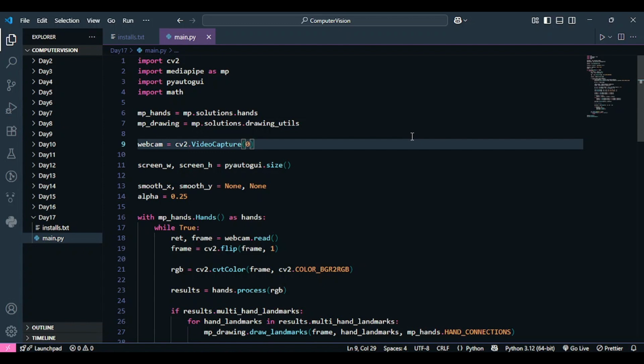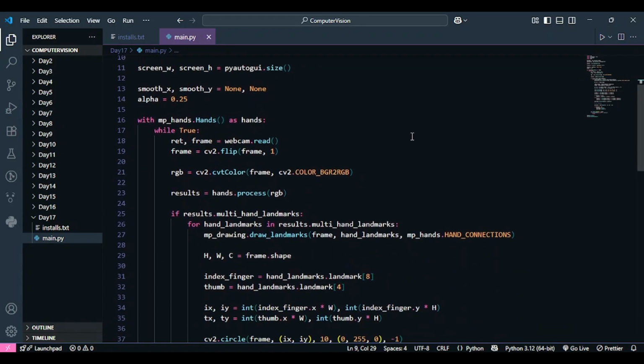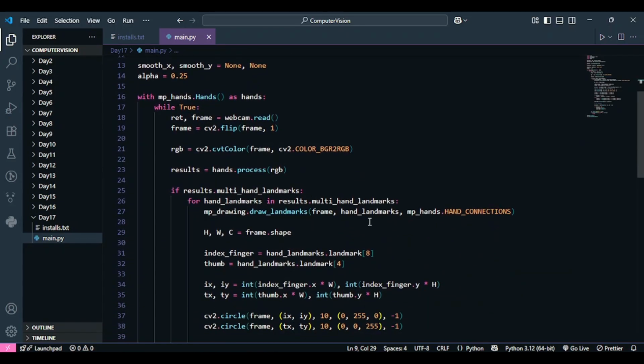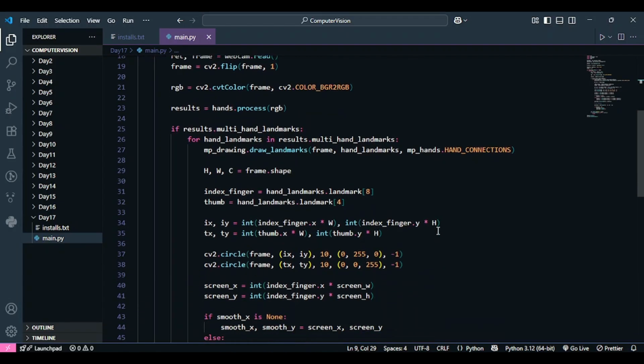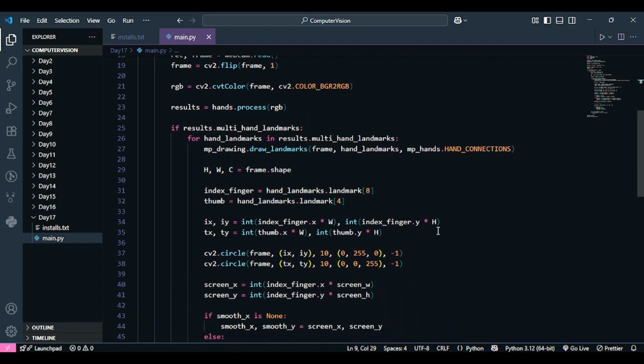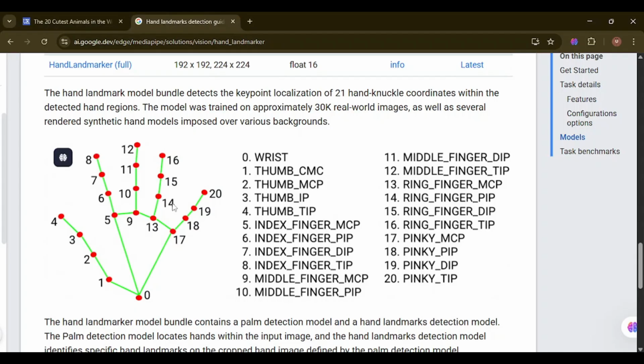I'm going to give a quick overview of what is happening over here. So we're using the hands model from the MediaPipe library to detect the hands for us, and then we're using the draw landmarks function from MediaPipe to draw the landmarks as well as the hand connections. According to MediaPipe, a hand has 21 landmarks. This is that diagram that I've been showing you in the previous videos as well, and if you can see, the index fingertip is represented by the 8th landmark and the thumb tip is represented by the 4th landmark.